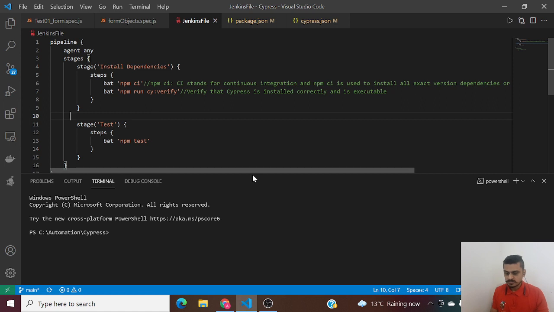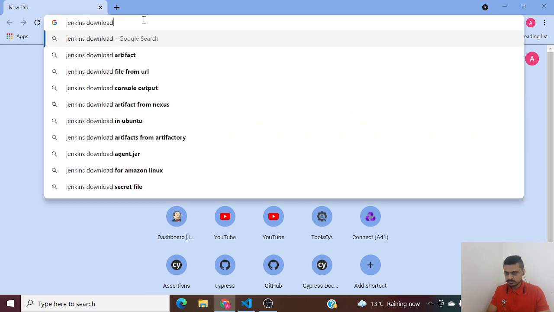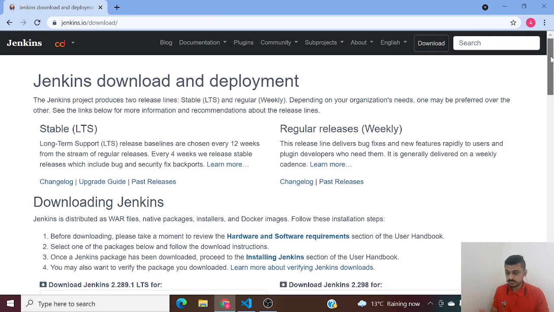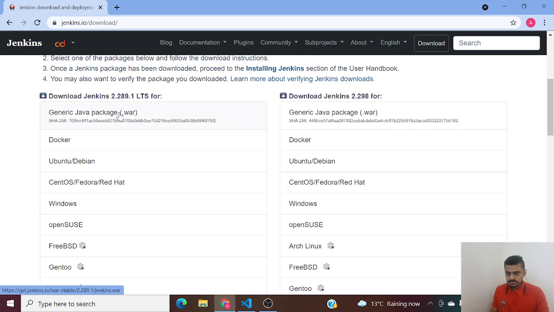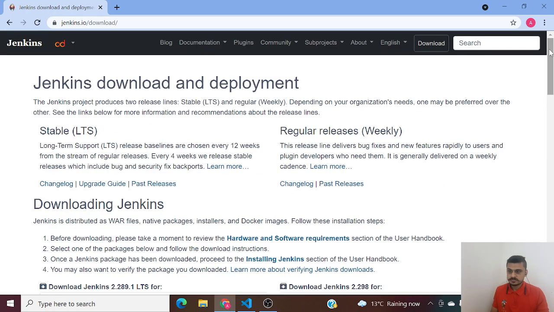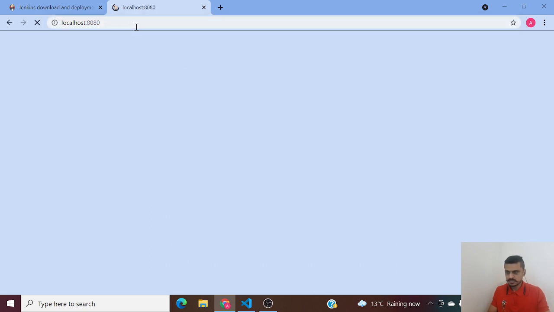The second step that we have to do is install Jenkins. So all you need to do is go to Google and search for Jenkins download. Over here you can download the .msi for Windows. You also have a war package. If you download this, you just have to do java -jar on the war and extract the content. For Jenkins, I will try and make a separate video, guys, if you do not know how to install Jenkins. So I'm assuming Jenkins is already installed. For me, it's installed and it's running at localhost 8080.